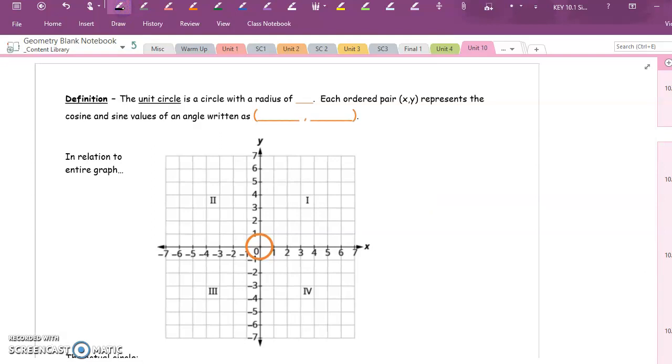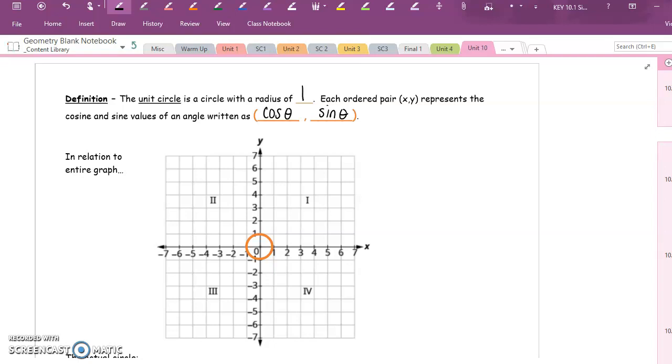The unit circle is all about trig. We're going to be doing sine, cosine, tangent, and then you're going to be learning about these other words, secant, cosecant, cotangent. The unit circle is a circle with a radius of 1. Each ordered pair x, y represents the cosine and sine values of an angle, written as cosine theta, sine theta. And theta we're going to be inputting with numbers like 0 degrees, 30 degrees, 45 degrees, 60 degrees, 90 degrees,